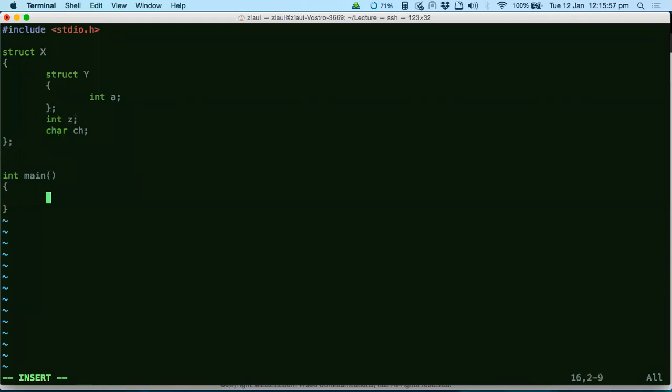Now, if I want to call a variable A, I'll come to that. Now I want to go to this variable A. How can I go to this variable? That's what the question is. So let's first create a variable out of this structure. Let's call it strx, right? So I want to go to the member variable A of this structure located inside the structure X. So if I say strx, I have to use the dot operator, obviously.